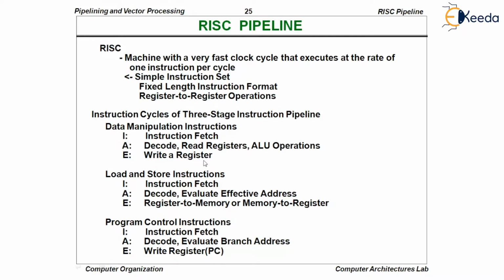Of course, instructions can be classified into three different types. One is data manipulation instructions, that is addition, subtraction, or multiplication, in which the data gets manipulated. The second one is the data transfer instructions, in which the data will get transferred from one location to another location, typically register to the main memory. In data manipulation instructions, these are the operations that are going to be performed. When it comes to the data transfer instructions, in the instruction fetch stage, of course, the instruction will get fetched.